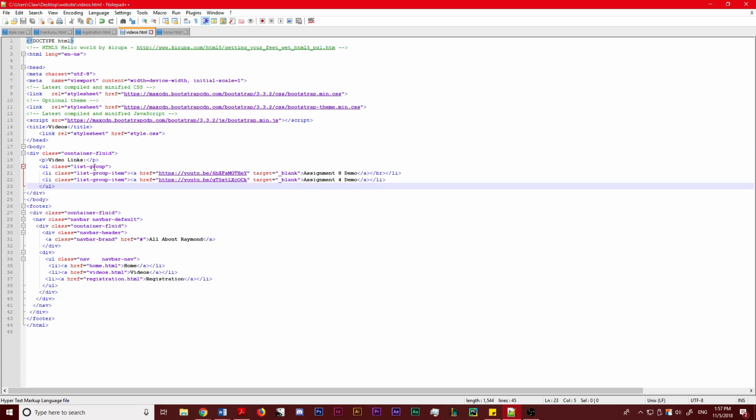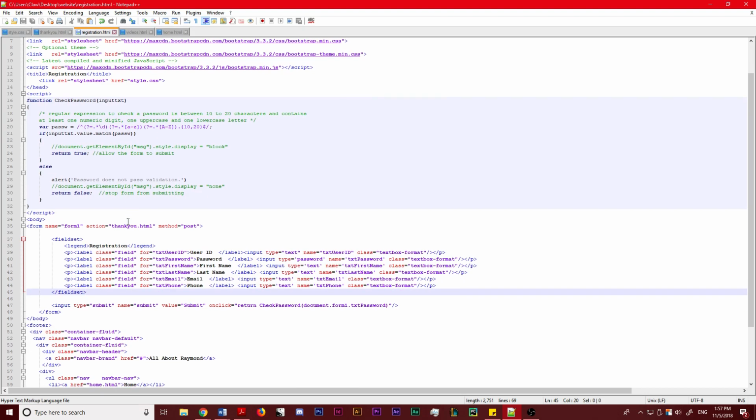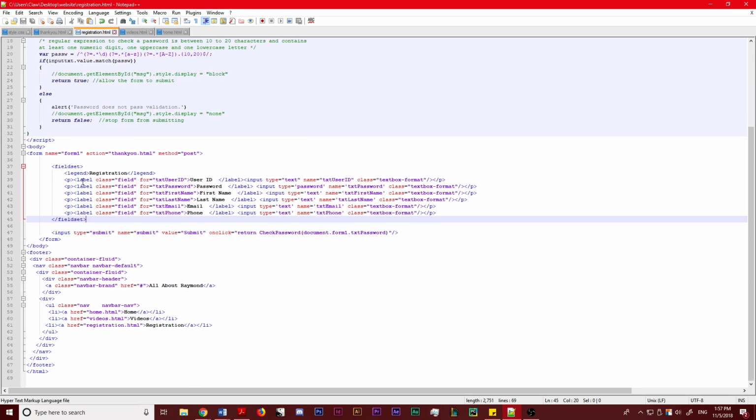Videos is much the same. Links has the bootstrap set up, has it set up as a list as instructed. Registration is similar, has it set up in a field set list, set up as form. Bootstrap